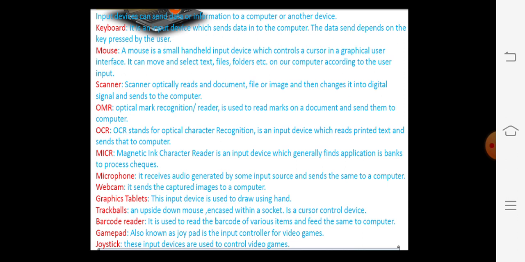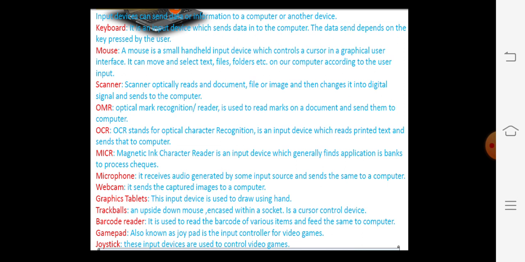It is used for capturing videos, that is images from the user, and delivers them to the computer system as input. Then graphic tablets are used to draw using the hand. And the trackball is an upside down mouse encased within a socket. It is a cursor control device, mainly used for games.